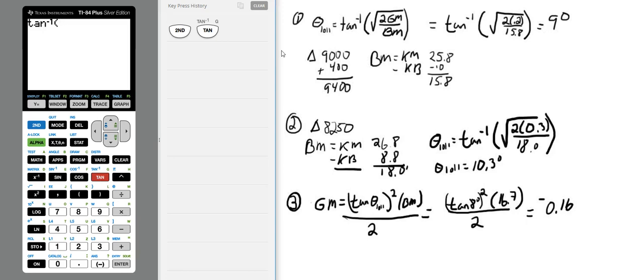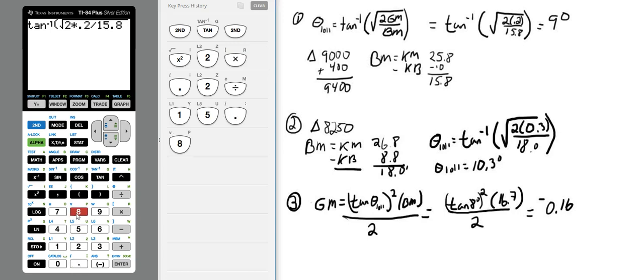Now what I'm going to do is tell the TI-84 I want to do a radical, I want to do square root. So here's the square root. It's blue, so I've got to do second. Okay, now I've got my square root in there. Now I'm going to go ahead and just do my math: 2 times 0.2 divided by